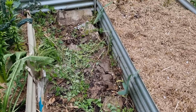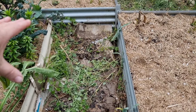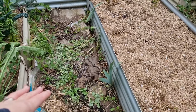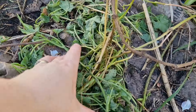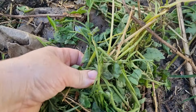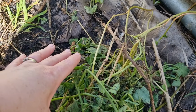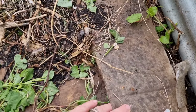It was a long time ago now. This space was getting so weedy, everything was growing into the beds and it was doing my head in, so I placed down the cardboard and it's really suppressed any weeds. Most of this green that you see on top of the cardboard are weeds that I pulled out of the garden beds on either side and just dumped here. Some of them still manage to creep up along the side, but if you just pull this up here,